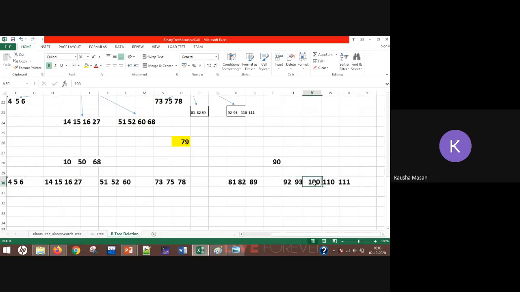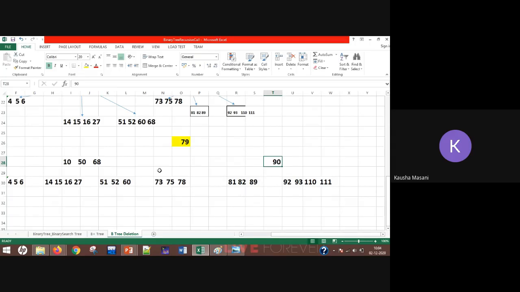Now can you delete 100? Yes, I can delete 100. So this 100 is deleted, and this is the node. But now again there is a problem, because 90 cannot be the only single value, because it is an internal node.